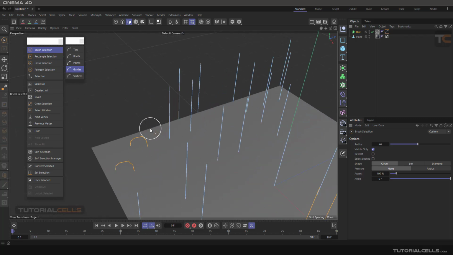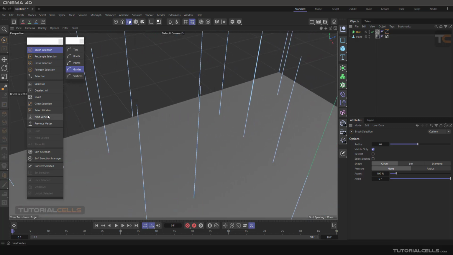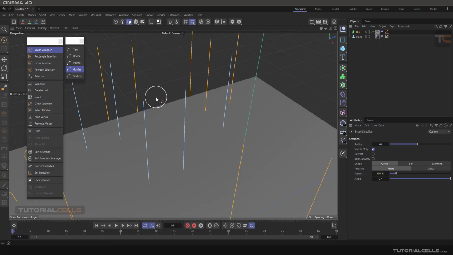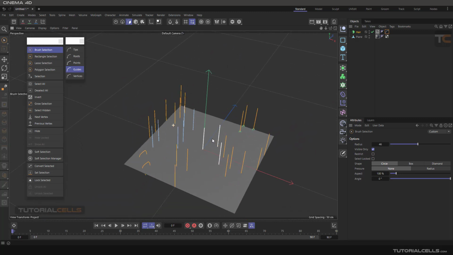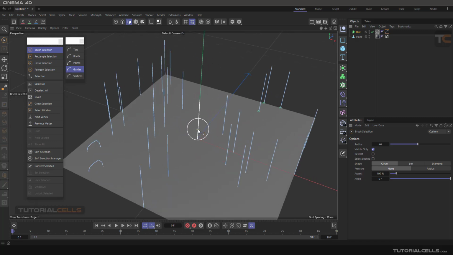Off screen. You can see, for example, hidden object here. For example, I zoom there and I select hidden. You can see these hairs are off screen, like these hairs, and it's selected. And you can, for example, invert them, or hide objects off screen like this. And you learn next and previous vertex, point to vertex mode. You can hide, lock, show all,